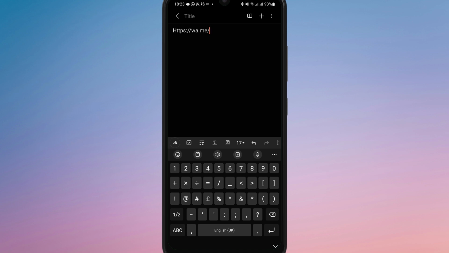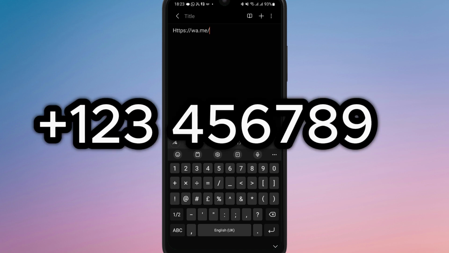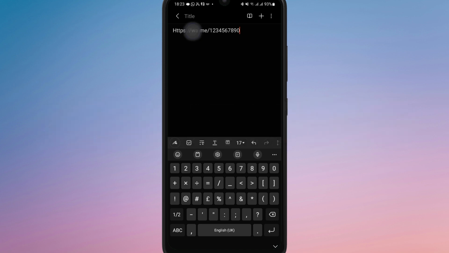For example, if your phone number is +12345678890, your link will look like this: https://wa.me/12345678890. Once you have your WhatsApp link, you can share it anywhere, whether it's an email or your website or